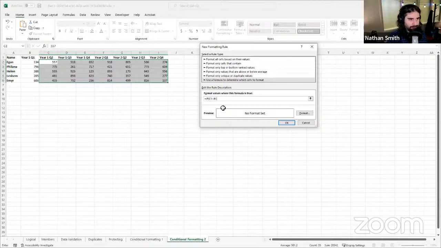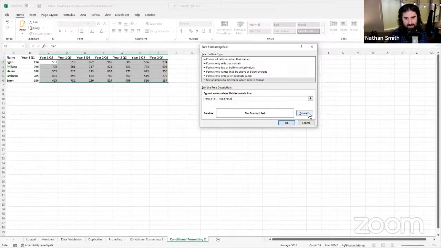That's my logical test here in the if function. I'll put a comma after that. Our value if true is true. Our value if false is false. We'll close our parentheses here. And there we have it. So equal sign if, open our parentheses, C1 is less than B1, comma, true, comma, false, and then close our